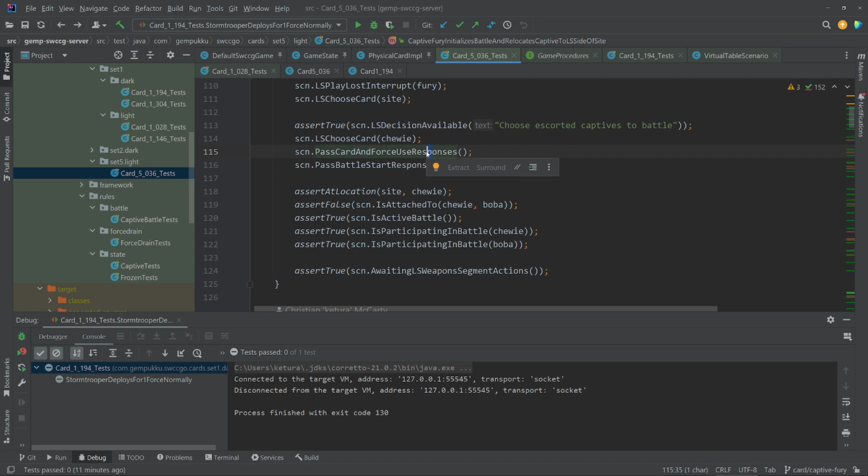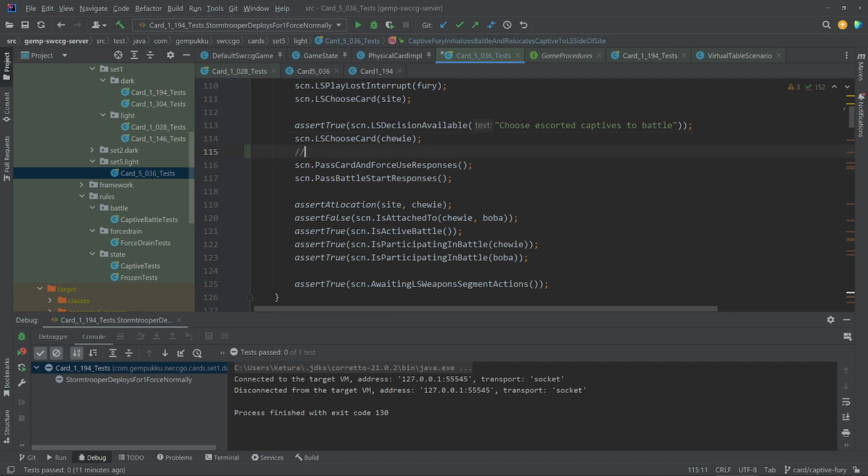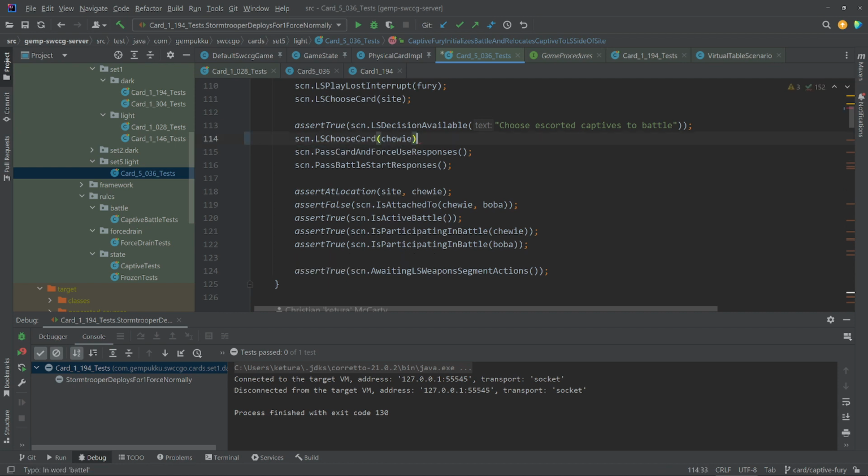Yeah, no, you're totally right. That must have been why I had this here. And it may actually make sense to put a comment here and say that this is for the Force used from battle or whatever, just to indicate that. But yeah. Okay, and then we have here the ability to just pass through the start